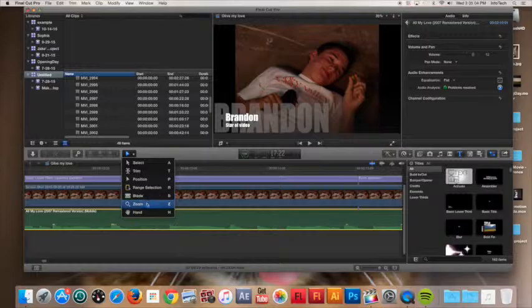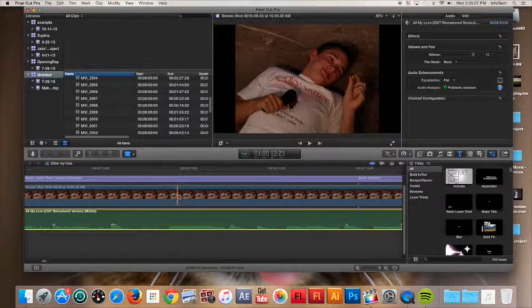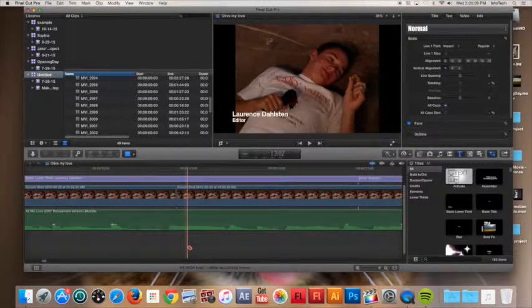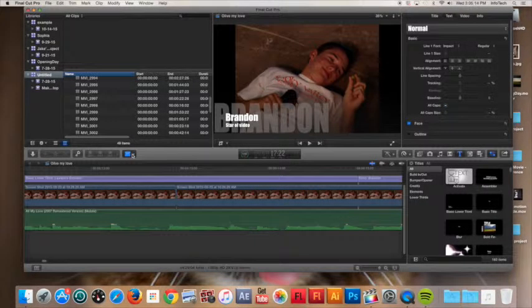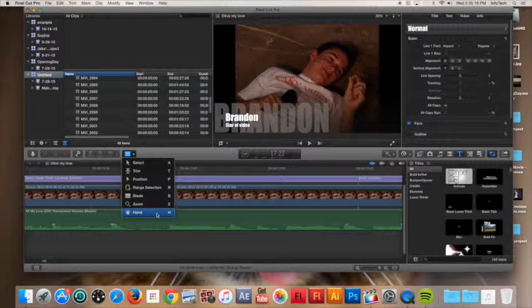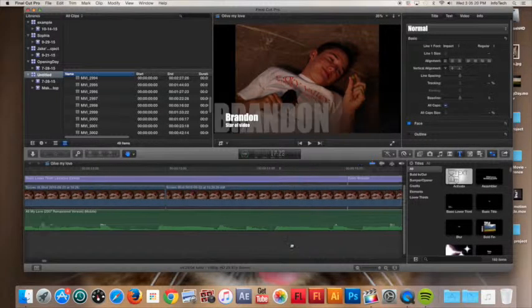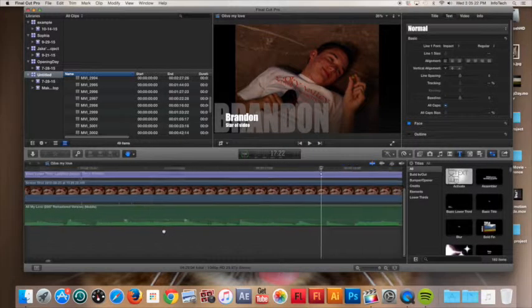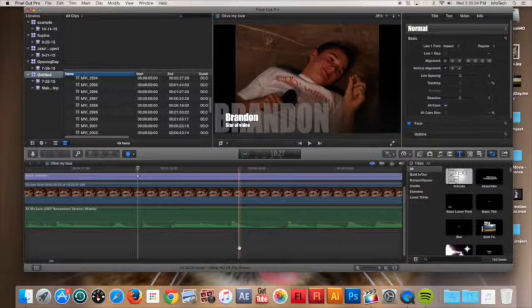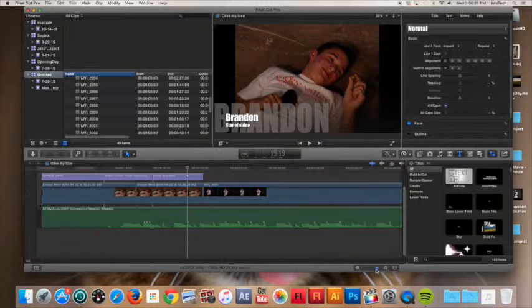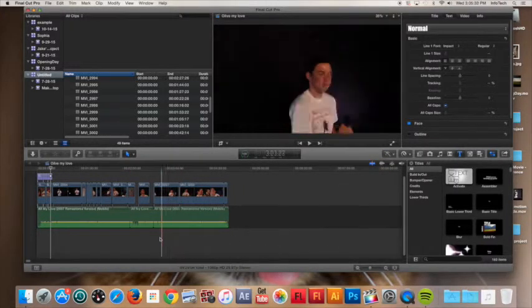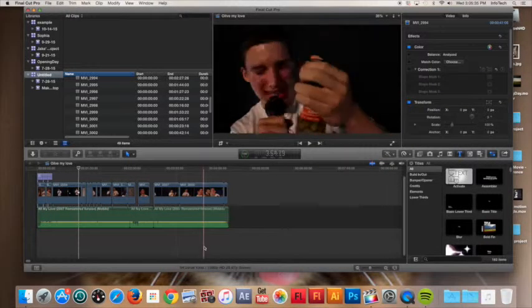Then you can click all of these. This can move your stuff in groups around. The ones that you're really going to use are this blade. The blade can cut your things really easily. All you have to do is press B, click, and then back to A, which is your select tool. Then the hand is another one that you're going to be using a lot. It moves your whole frame around, and that can be really helpful when you're really zooming in, like I am